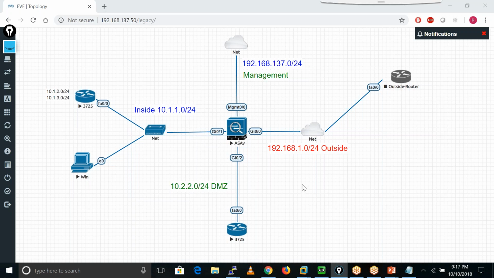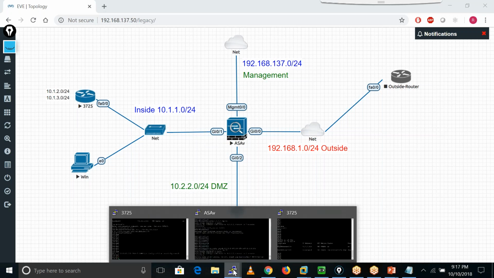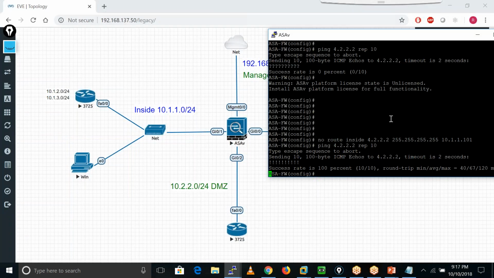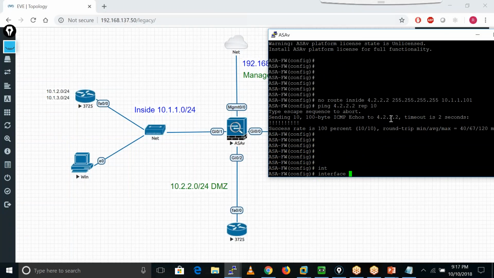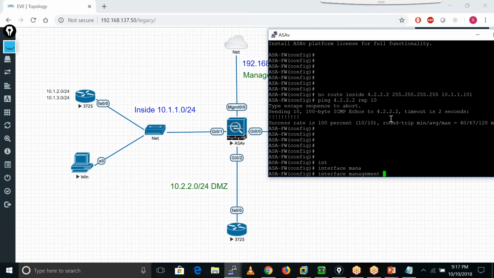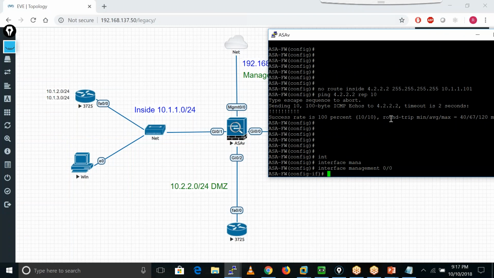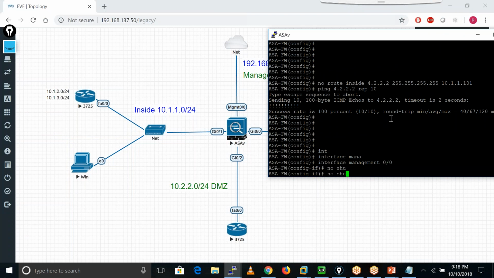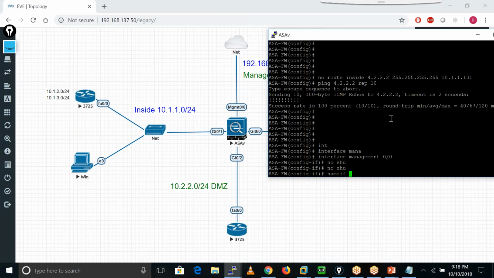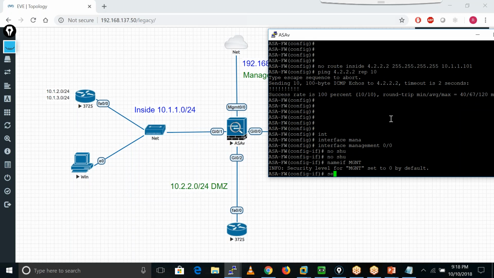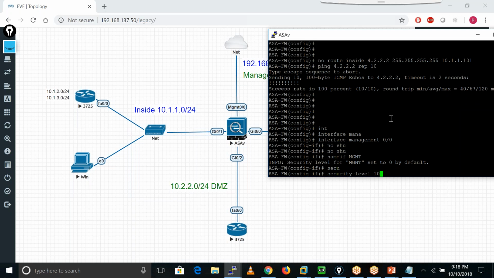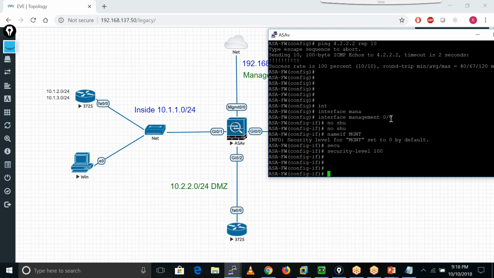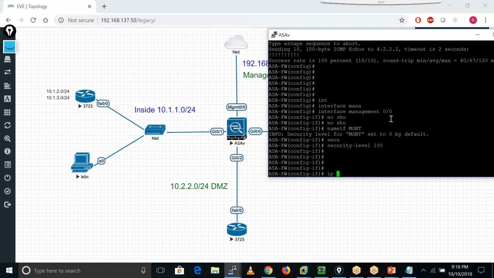Now, the thing is we always use the management interface to do that kind of thing. Okay, so let me go into my firewall. I'll just go into my management interface. Name if I give mgnt means management. In the management interface we also define the same security level, which is 100. Okay, and the IP address is